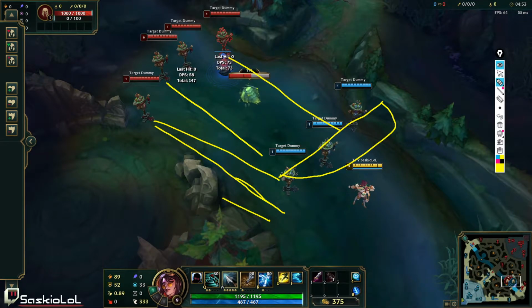You have to draw her Q range, which is about probably here, right? And now, that is one thing that you can do, okay? Now, there are two other elements to this concept, okay? There is the time factor. So let's say, initially, it's Malphite ult, right? This Malphite ult would probably take 1 second, okay?